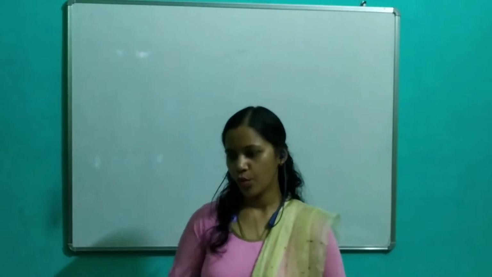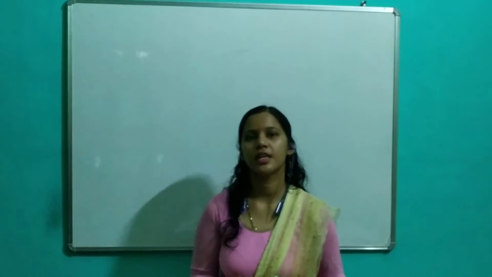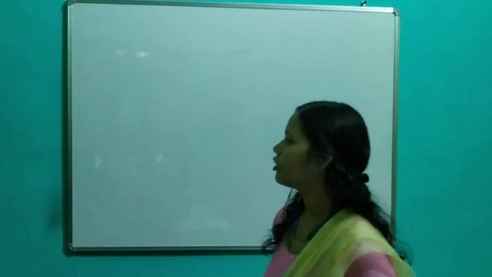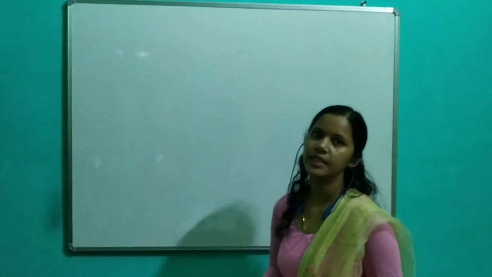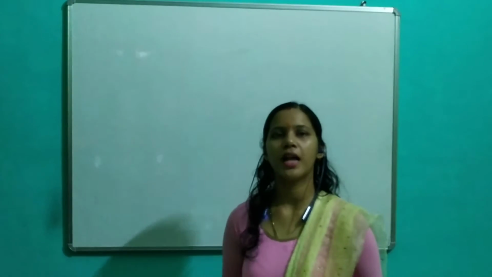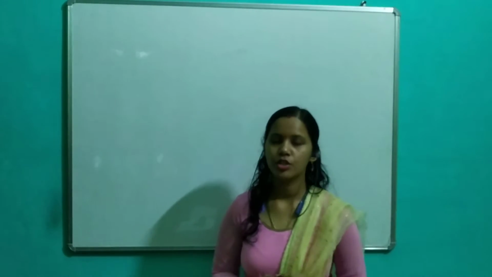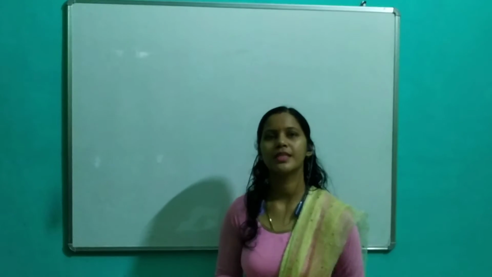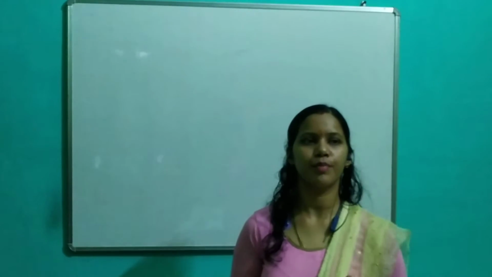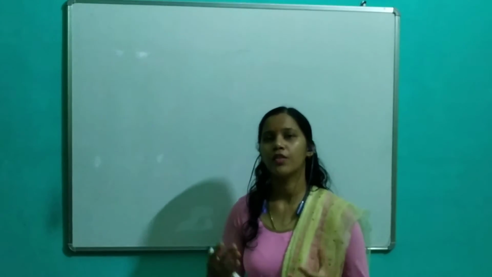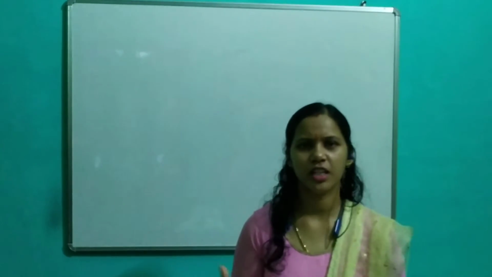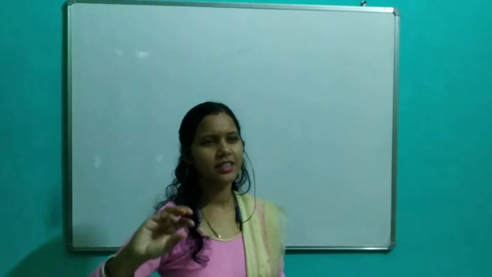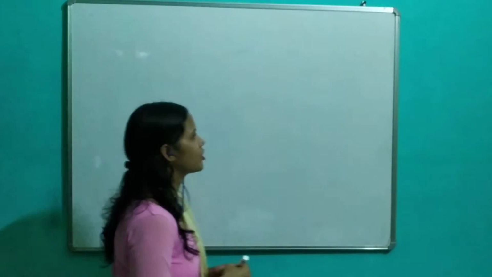In the previous lecture we discussed Niels Bohr's model of the atom, its postulates, and also how we write the electronic configuration of an atom. In this lecture today we will discuss some basic terms: what is atomic number, mass number, isobar, isotope, valency and valence electron. Very quick and very short things.